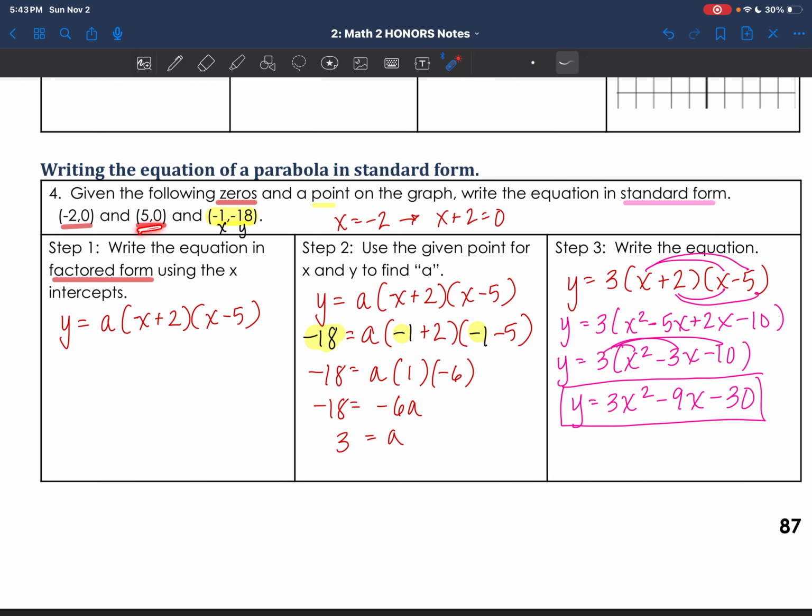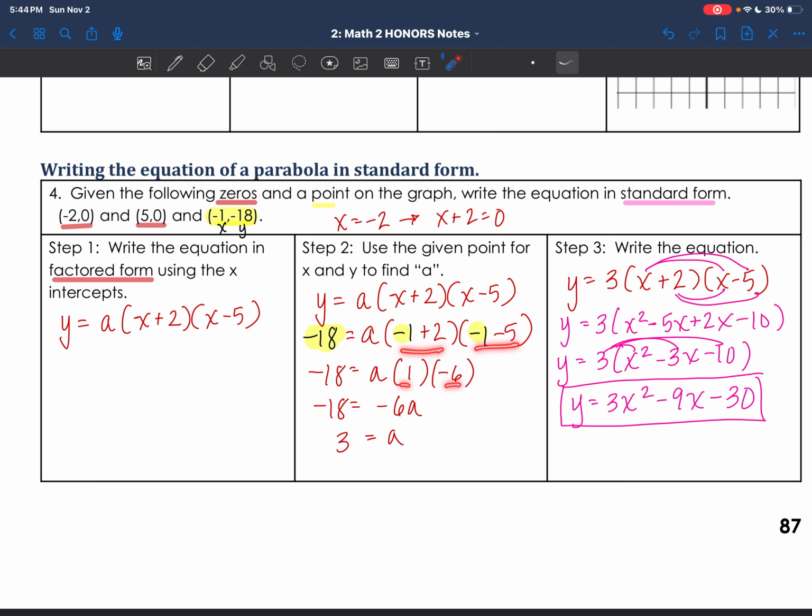And then same thing from here. We just equaled it to 0, and we got x minus 5. All right, we don't know what a is, so that we do need to find. So what we're going to do is we're going to come over here, and we're going to plug in a point. So this is your x, this is your y, and if you notice, I plugged it in for your x's. And then now,